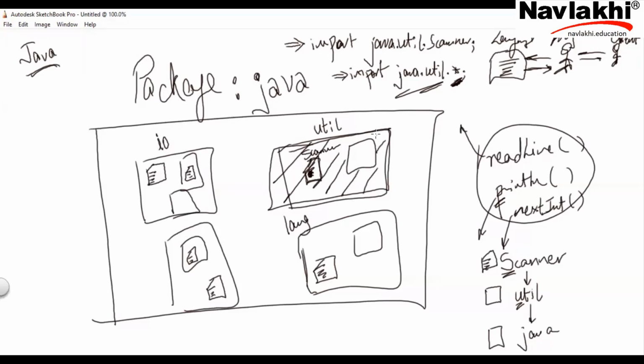Note, you will not get the sub-packages within util. They would not get imported by this. So you can't do import java.star and expect to get everything. This is a very big misconception. Star just means that the classes which are present in that opened package are the ones you will be able to use. Inside util, whatever classes are directly present are accessible by this star convention, not its sub-packages. So if I do import java.star, I will get only what's here, which is nothing. I don't get anything inside another package.